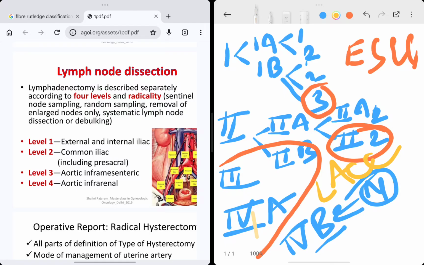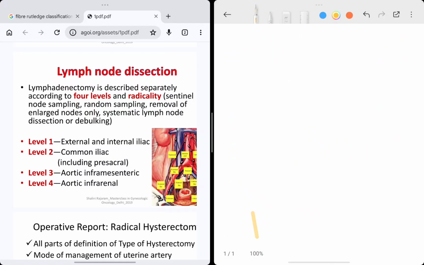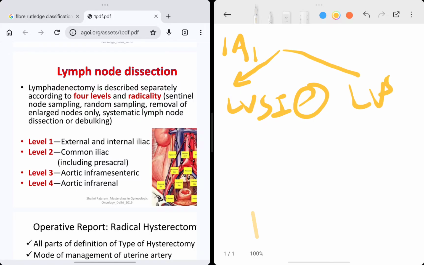Now we come to what surgery we offer. We will deal with the stages one by one. In 1A1 we have to look for LVSI also. So LVSI absent and LVSI present. If LVSI is absent and the stage of cervical cancer is 1A1, meaning the depth of invasion is less than 3 mm,